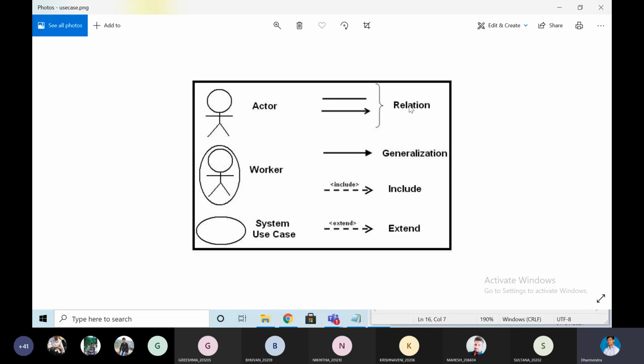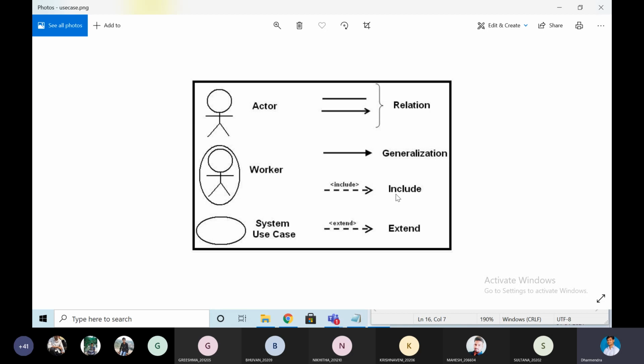So we know the relations, we can use either an arrow or a solid line, both give the same meaning. It is a simple arrow. Here the filled arrow is different. This simple arrow represents the dependency, and this filled arrow represents the generalization. This is called generalization, meaning acquiring the properties.